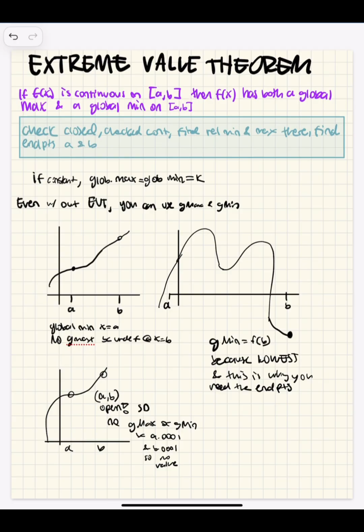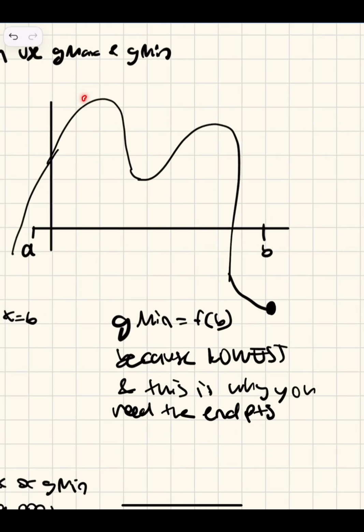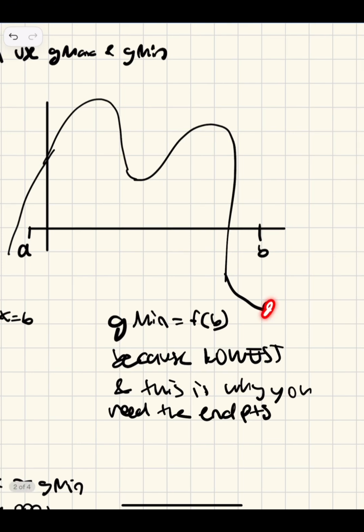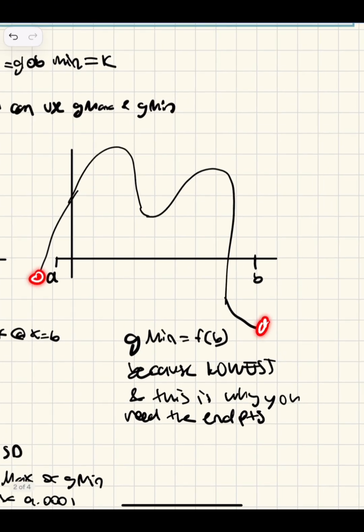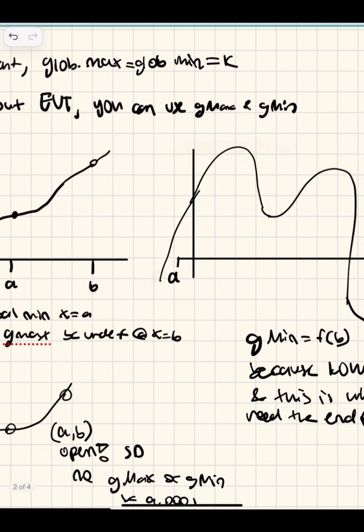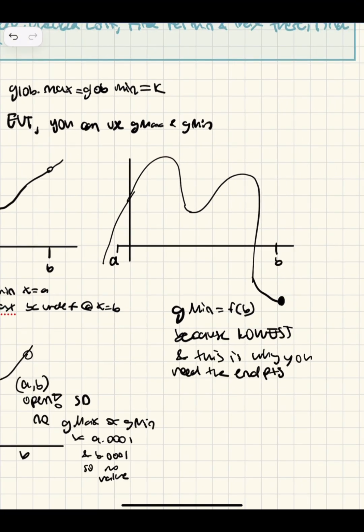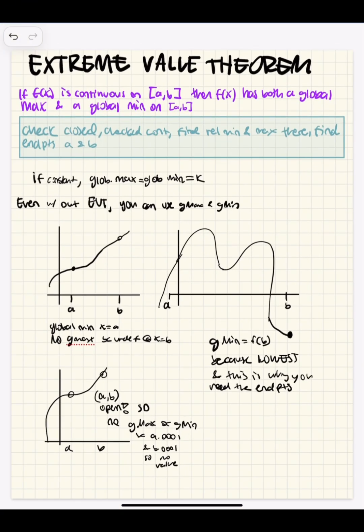The reason you find the endpoints is because in an example like this, you could find your relative mins and maxes as we did in the last unit, but you don't actually know what the global one is. Here the global min on [a, b] is going to be f of b, as I wrote here, global min is f of b. That's just because, as you can see, it is the lowest on that interval. But of course, on this interval, the global max is up here. It happens to also be a relative max. So that's why you need to consider both the relative maxes and the endpoints as well,